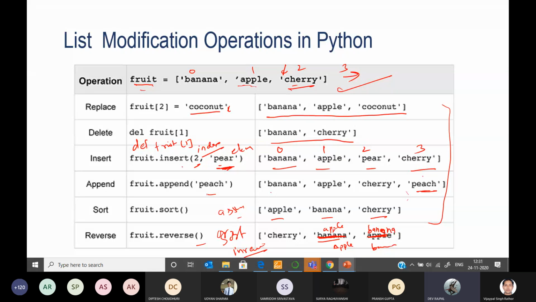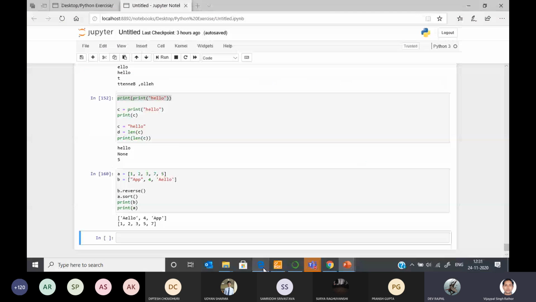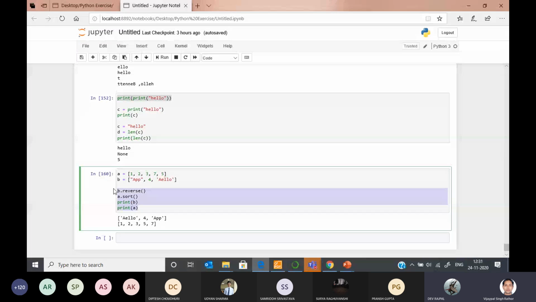Sir, I'm asking that while you were writing the program, you wrote C equals to fruit dot reverse, and when you printed C, it was showing an error. नहीं, C equals to error नहीं दे रहा था, वो none दे रहा था। तो सर वो ऐसे हम करें या फिर डायरेक्ट ही प्रिंट करें? नहीं, आप तो डायरेक्ट प्रिंट करो ना, वो मैंने चेक करने के लिए लिखा था।